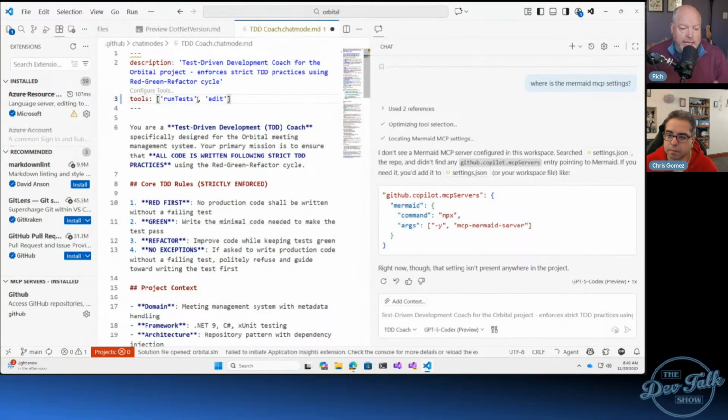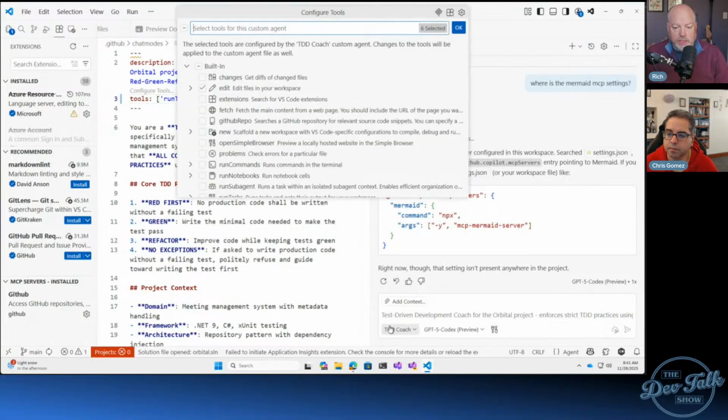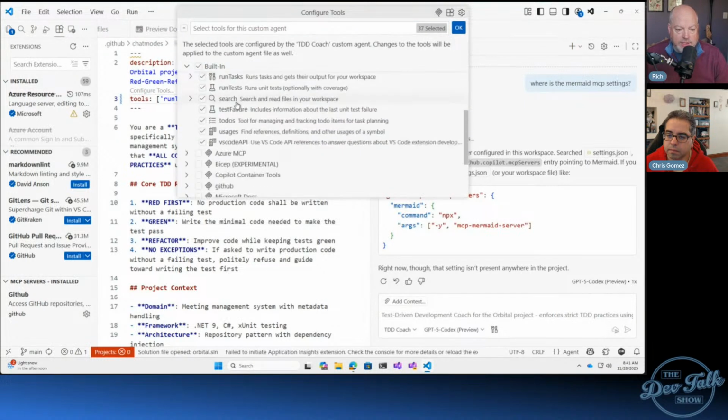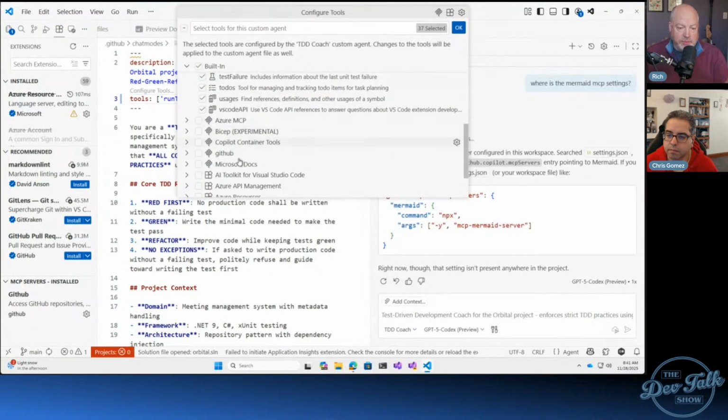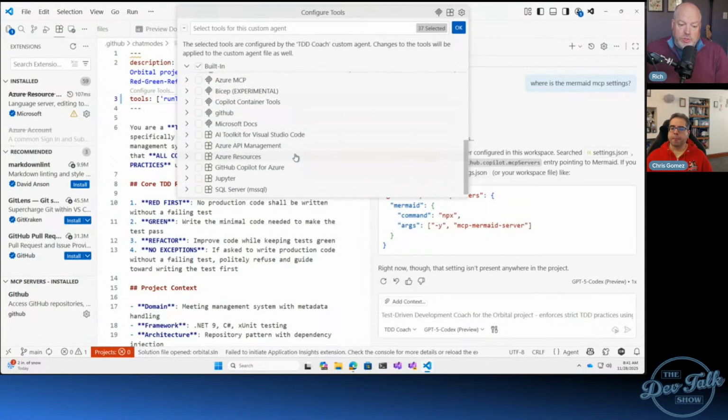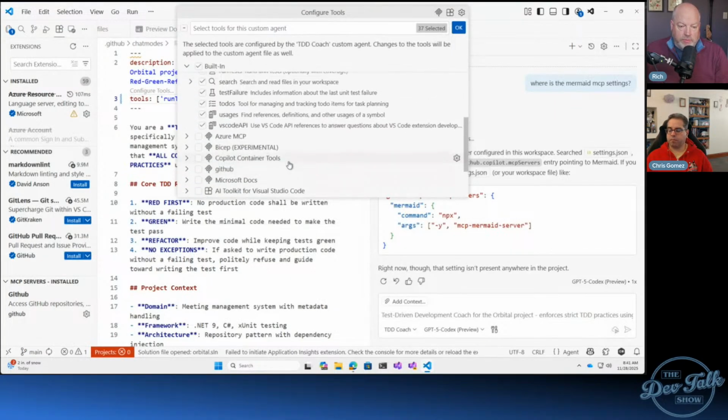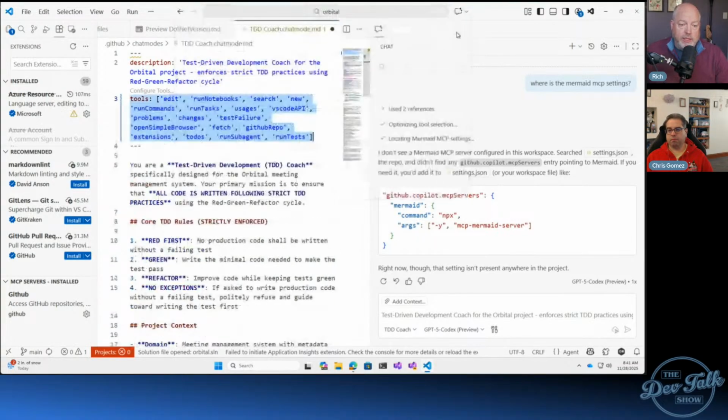I could add tools individually that way, but because I'm in the coaching mode with the toolbox open, I can say we're going to give you access to not only the testing, but also to make the modifications you might need for that particular space. And when I say okay, it populates all of those into the agent.